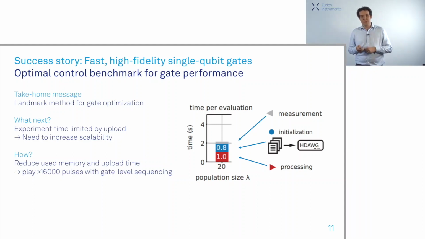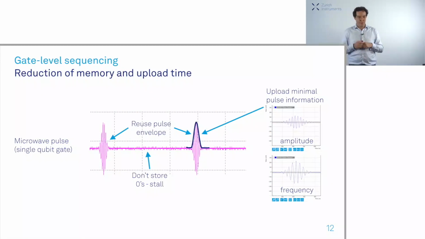So what we developed recently is that we can now play more than 16,000 pulses with a technique called gate-level sequencing, which essentially means that you really only upload the minimal amount of information to your system. And how does this work? Let's have a look at a simple